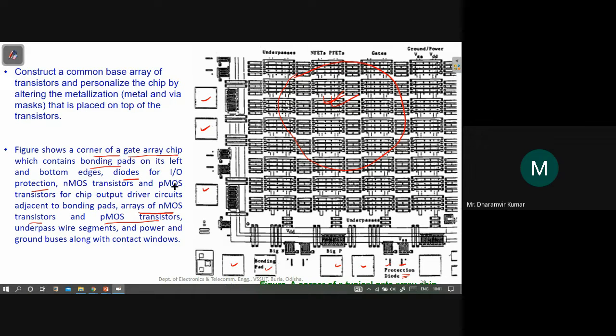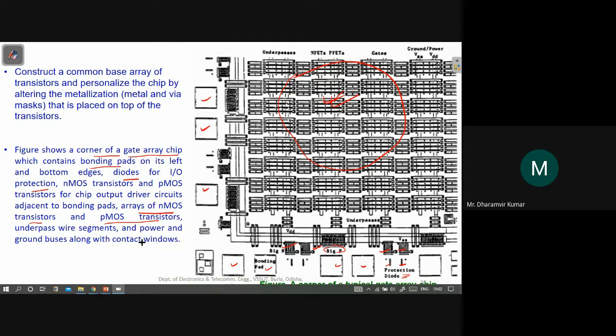NMOS transistors and PMOS transistors for chip output drive circuits. So they are big NMOS and big PMOS transistors, which are also available here for acting as a driver circuit so that it can handle more power, underpass wire segments, and power and ground buses. And these are some of the extra things.